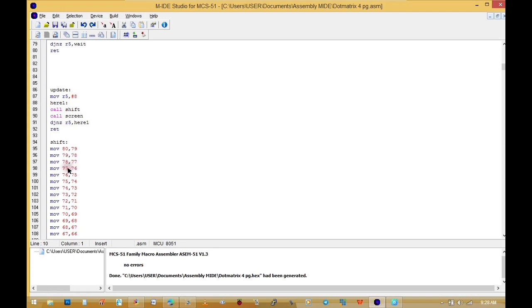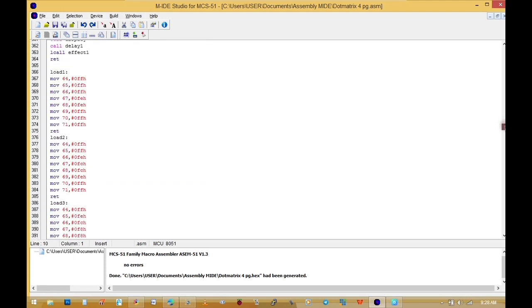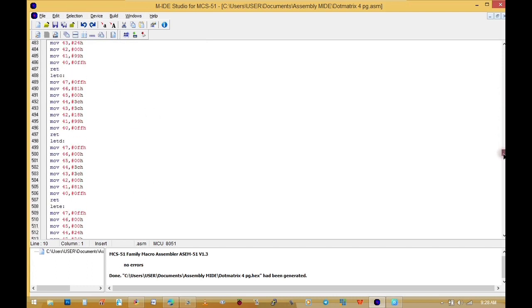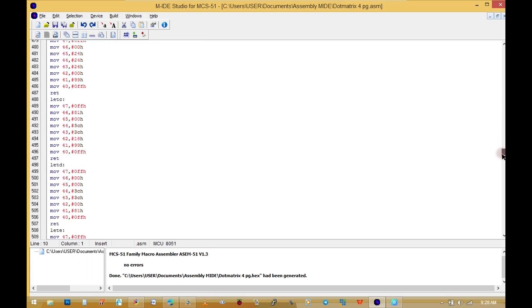So when you are not looking at those things, it will not look as if the text is moving, but we are just transferring the information from one memory to the other, from one memory to the other, and it looks like the text is moving on the display. That is the basic secret about dot matrix. You are just loading the information from one memory to the other. This is where we define the whole alphabet, numbers we are displaying, special characters, column, whatever